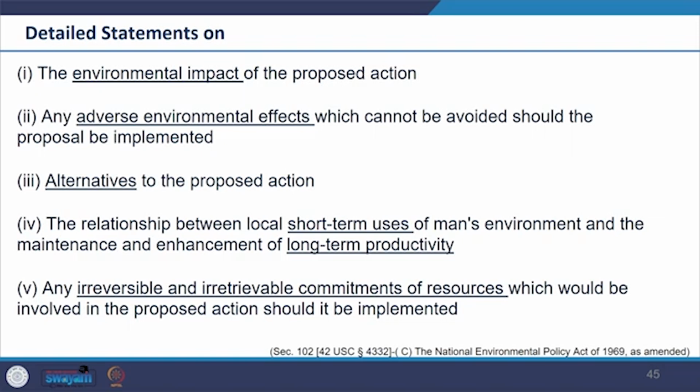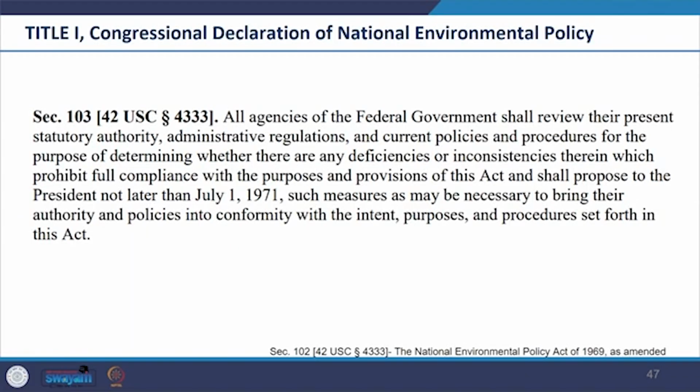And it should indicate the relationship between short-term uses and the long-term productivity, plus the decision on implementation of any irreversible and irretrievable commitments. So what decision has been made, and which are of what nature, and in the proposal. So Section 103 requires federal agencies to review their regulations and procedures to identify any deficiencies or inconsistencies. Like we said, they were responsible to identify this, so they would be taking care of it, and this section